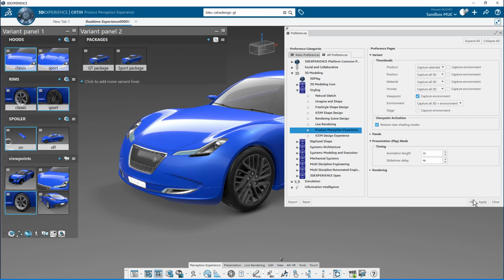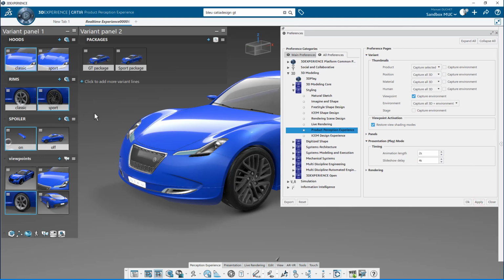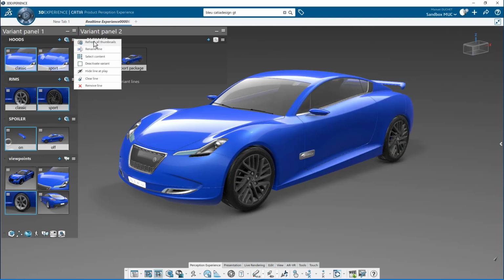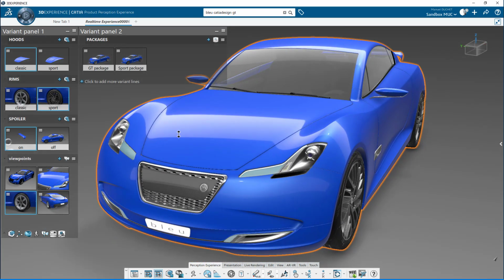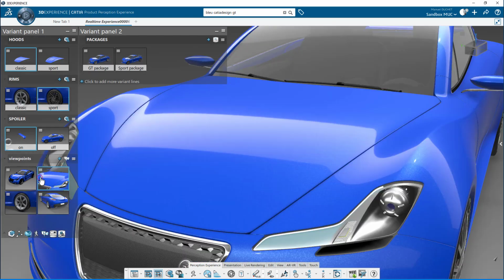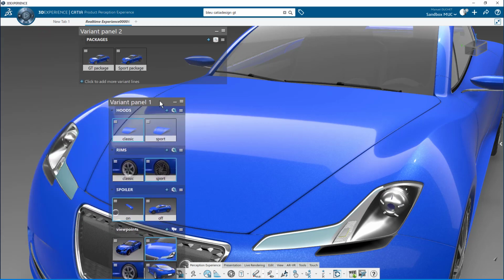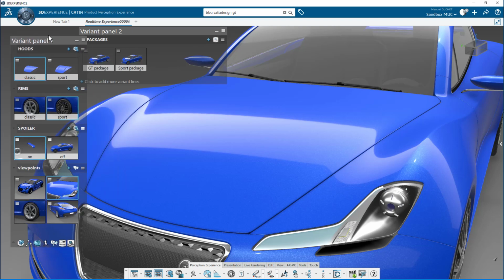If I don't capture the environment, the background of the thumbnail will be transparent. So if I do the refresh thumbnail again here, I shall just see the hood, but from the current viewpoint. So I will use the viewpoint variant to switch to that viewpoint and refresh the thumbnail again, and you will see that if I move the panel, the thumbnail is transparent.